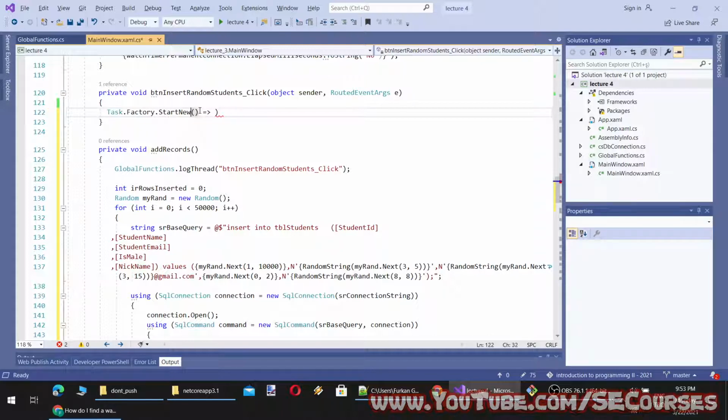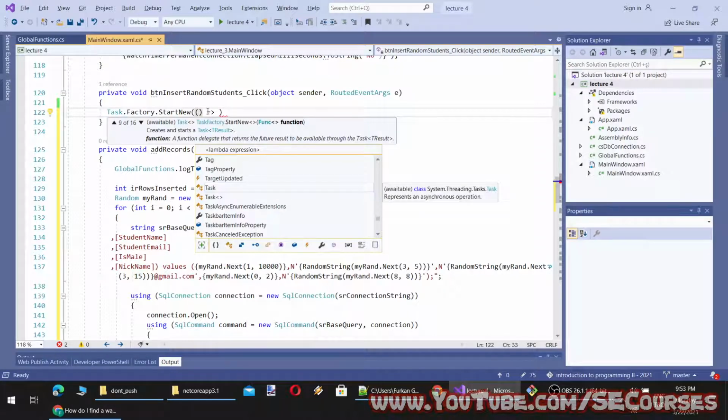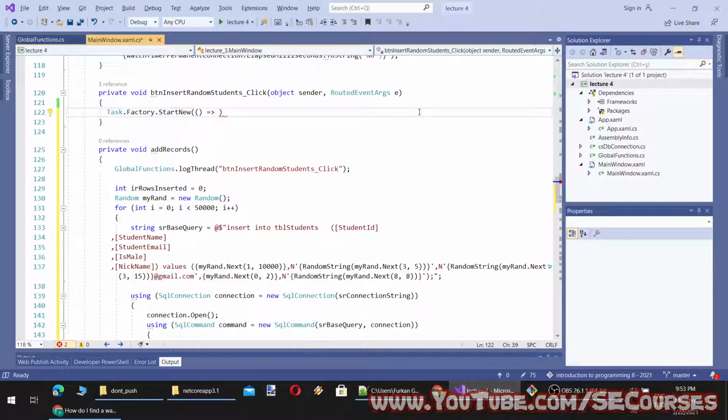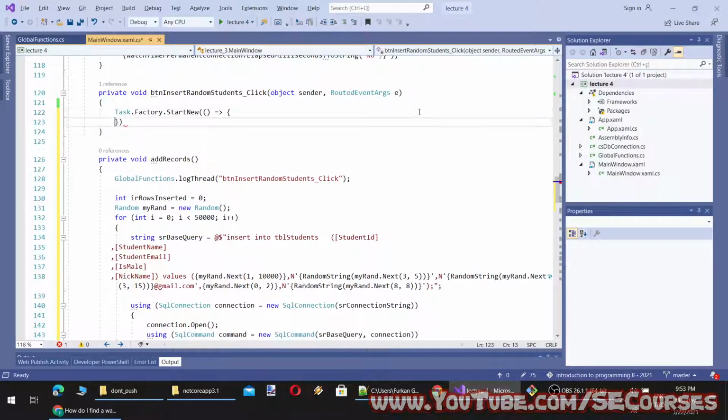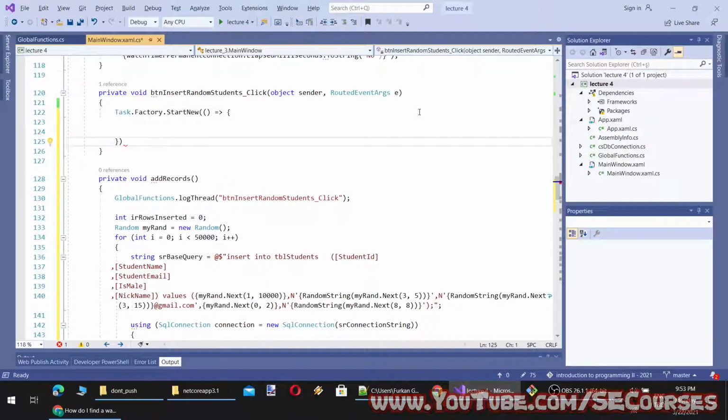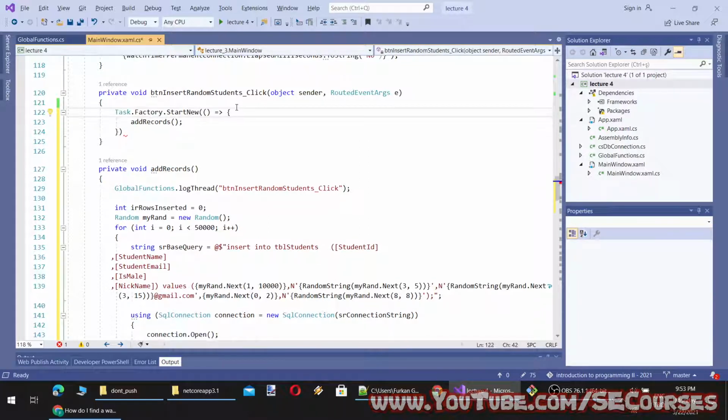Let's say this was self method, self function calling, and here we open curly brackets, and inside here we will just call our method. Okay, now they will be running under different threads.